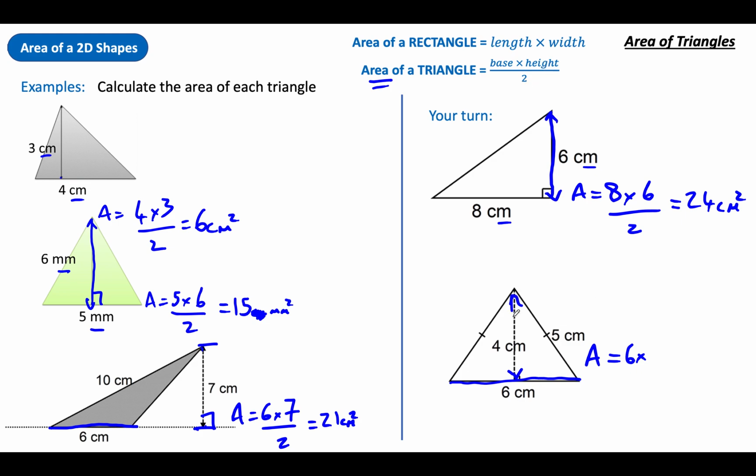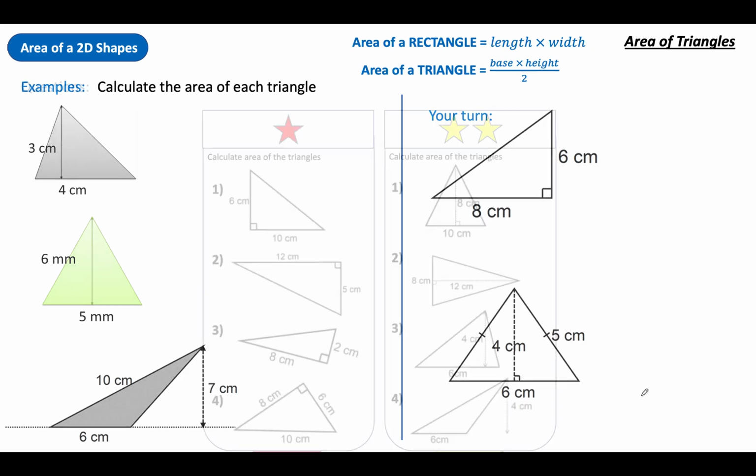The height, in this case, is 4. Bottom to top is 4. I don't need the 5. It's completely irrelevant to me. I just do 6 times 4, divide by 2. 6 4s are 24. Divided by 2 is 12 centimetres squared, because again, we're talking centimetres. Yep, you need to make sure those match as well. If one was in millimetres and the other was centimetres, we'd need to make them match before we could then